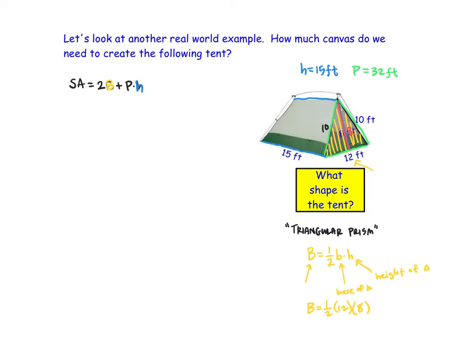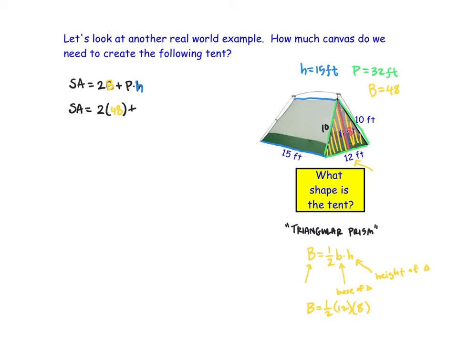And now we can calculate the area of the base. The area of the base ends up being 1/2 of 96, which is 48. Okay, so let's do a substitution. Find the surface area of this tent. This will be 2 times the area of the base, which we found was 48,